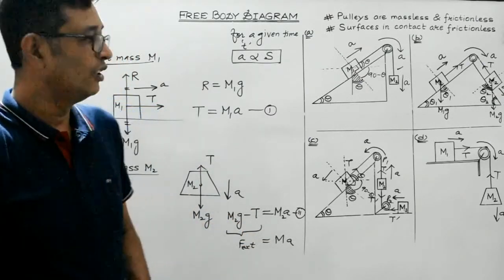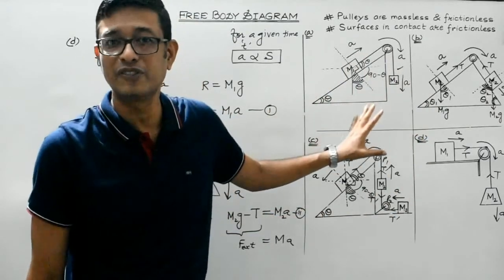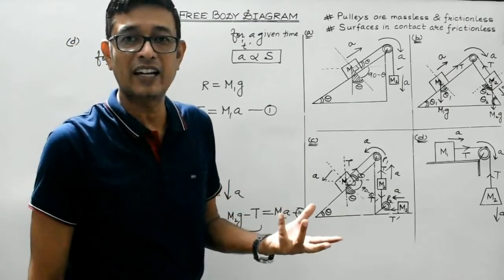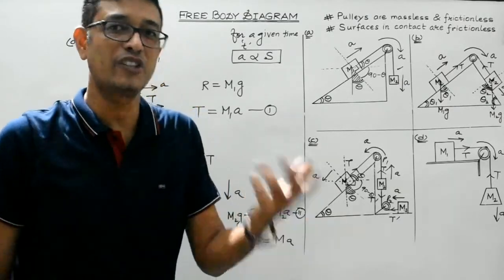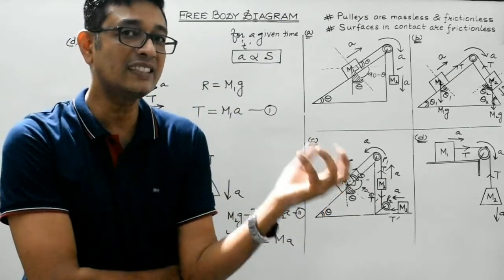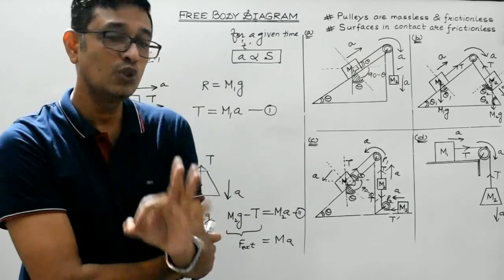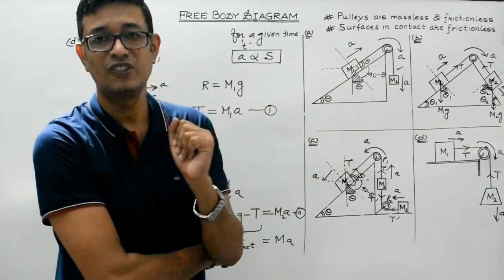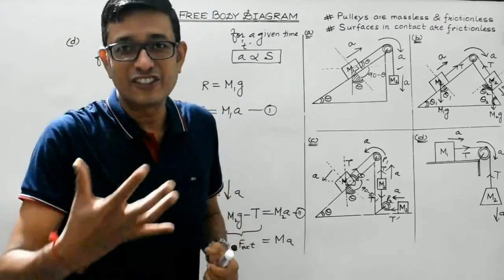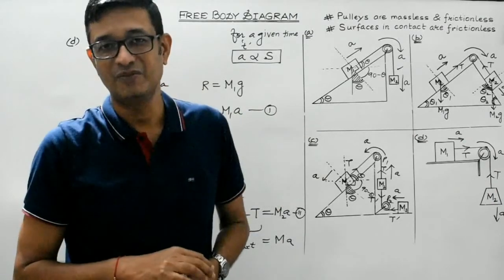Right, students? So in this session we have understood how to draw the free body diagram, and most importantly how, with the help of those free body diagrams, we can construct the equations so as to find out the acceleration of the bodies constituting the system as well as the tension in the string. So students, I will strongly recommend doing numericals based on these concepts, right? So that's it for this particular session. I'll come up with some other interesting numericals based on free body diagrams, right?